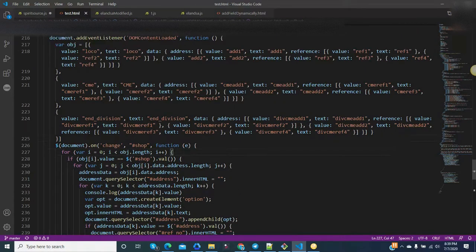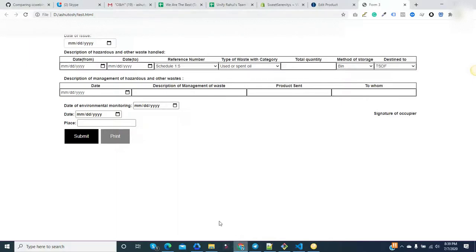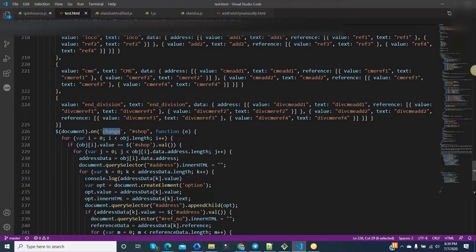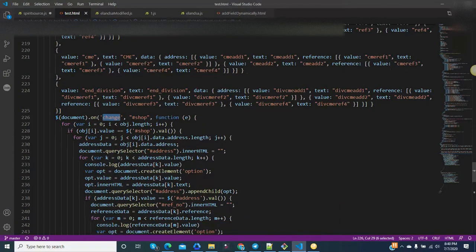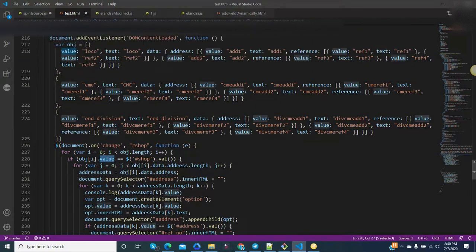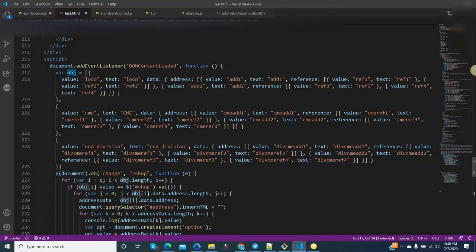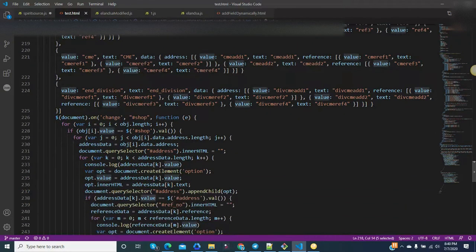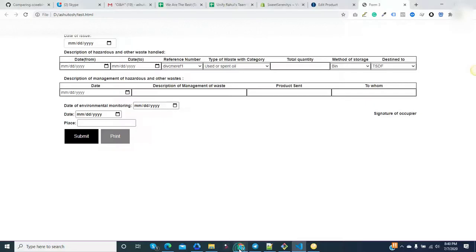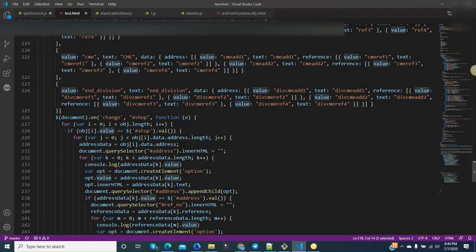Here we have written some conditions. If you change the name, meaning if you click any other name, then what should happen? After changing, object i.value is used. For each object I am getting the value and comparing it with the value of the name we changed, using the selector ID.